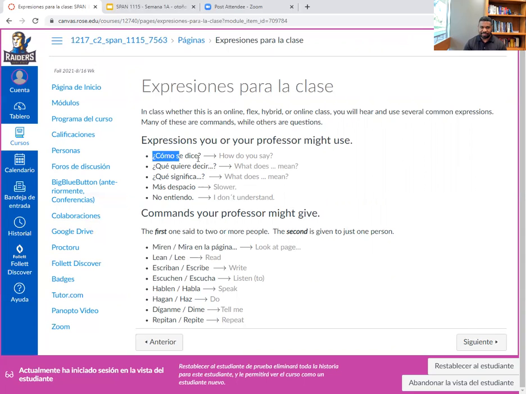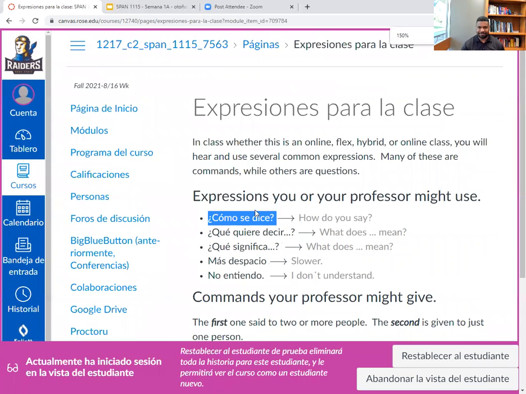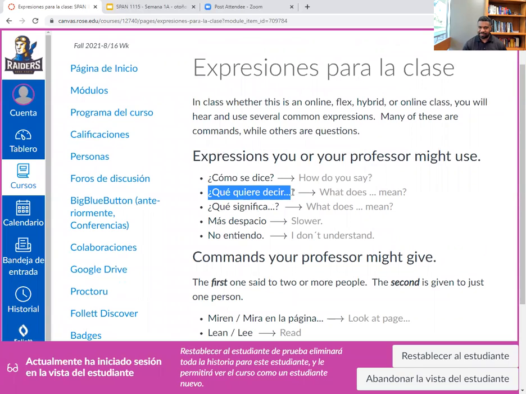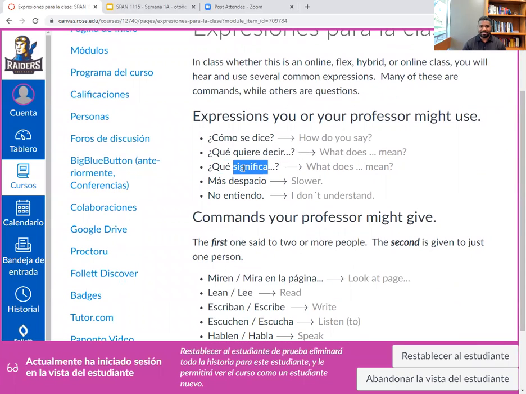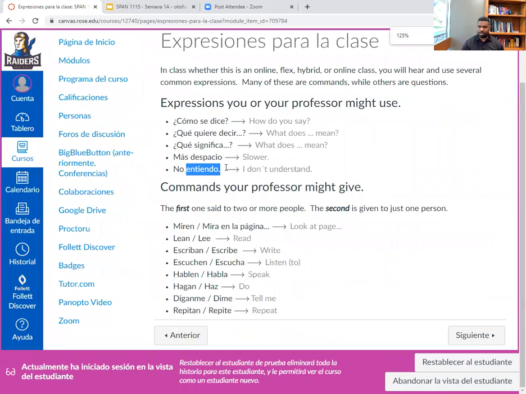¿Cómo se dice? ¿Qué quiere decir? That a little bit slower, right? ¿Qué quiere decir? ¿Qué significa? Más despacio. No entiendo. You can write these in your emails, or you can say them in a Zoom call that you may